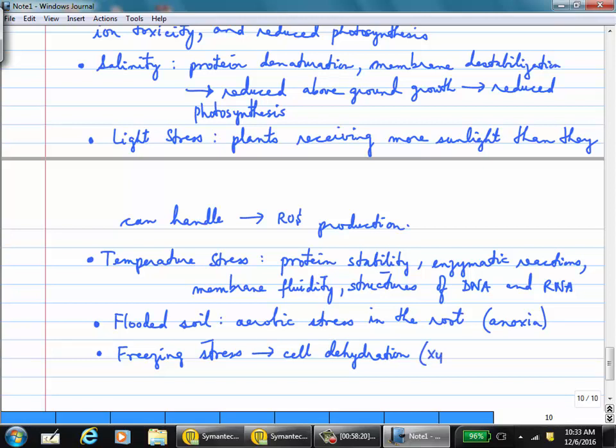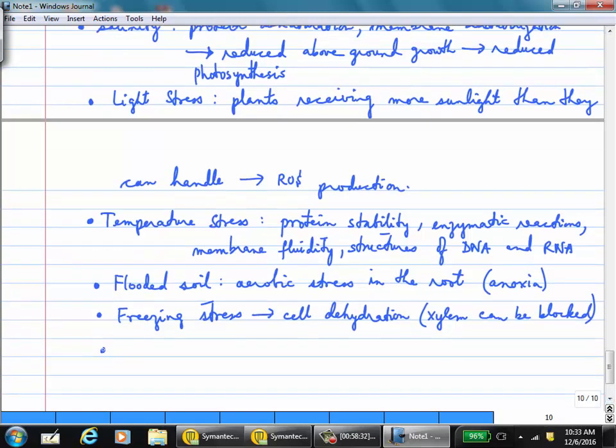Xylem can be blocked. Even phloem, but xylem can be blocked, right? Then another kind of stress that you can have is from absorption of heavy metals, like arsenic and all that from the soil. So that's a problem too, because that heavy metal is going to substitute, let's say, for iron. You need iron in chlorophyll. So if arsenic or something else gets in, it's not going to have exactly the right shape for the function, so the plant is not going to be able to carry out the functions that it normally needs. So heavy metals